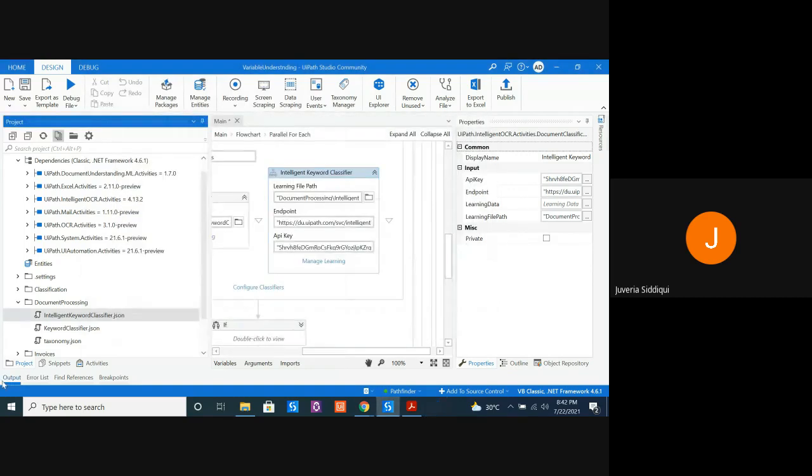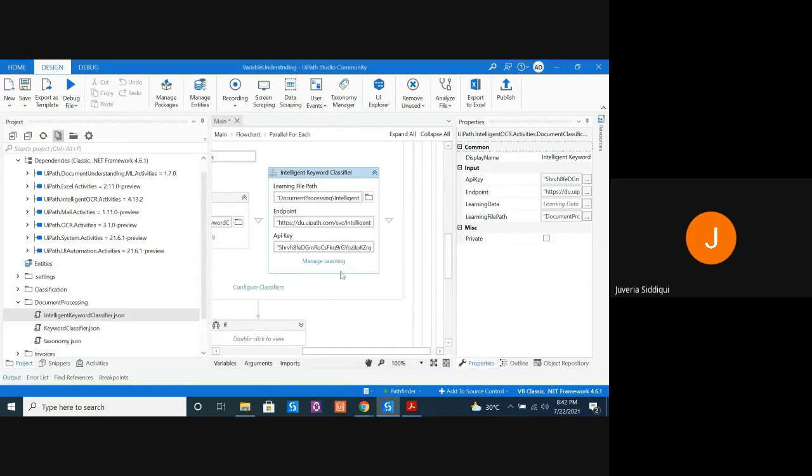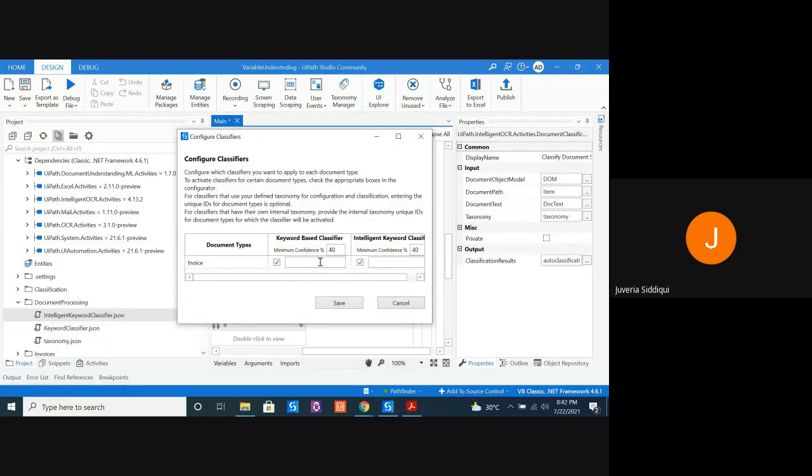All right, let's save. Let's configure our classifiers. It's still the same. Let's save it.